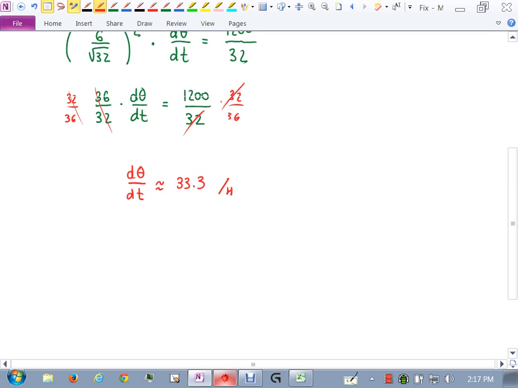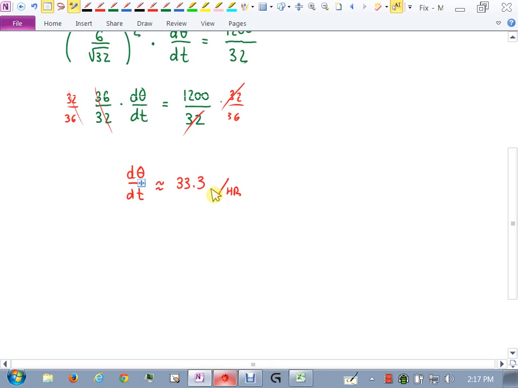We know this is per hour, right? But how do we measure angles? In degrees or in radians? So you might be thinking to yourself, well, wait a minute, it's got to be degrees because we use degrees throughout the whole problem, right? Yes? However, that's not going to be the case. This will be in radians because